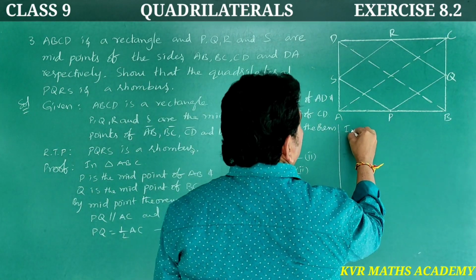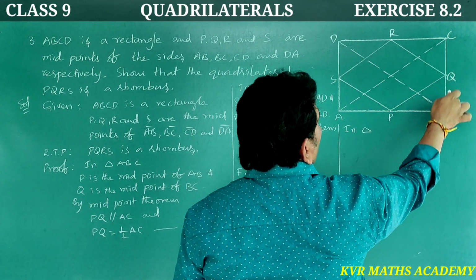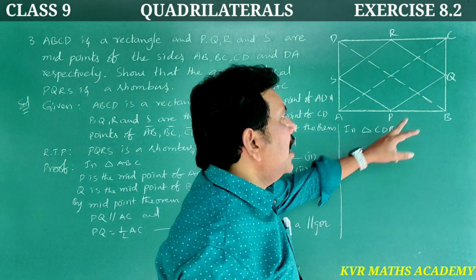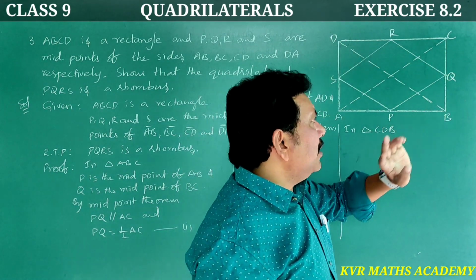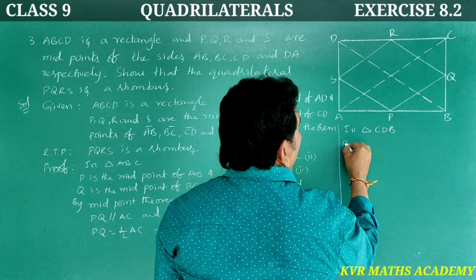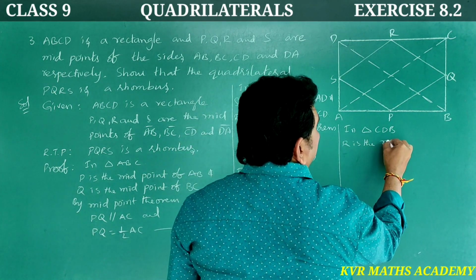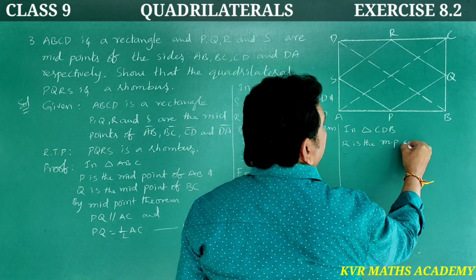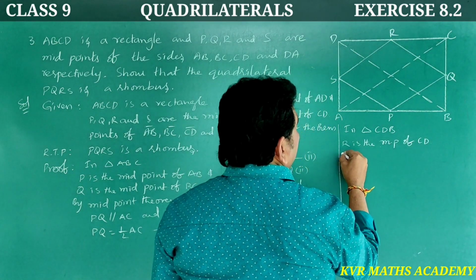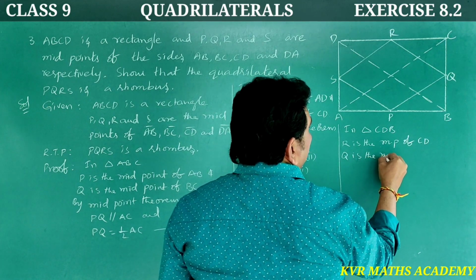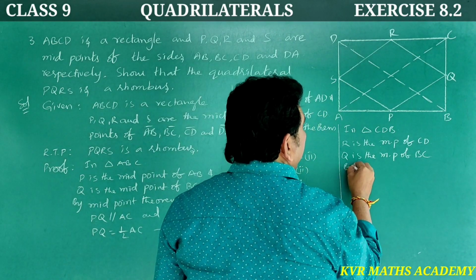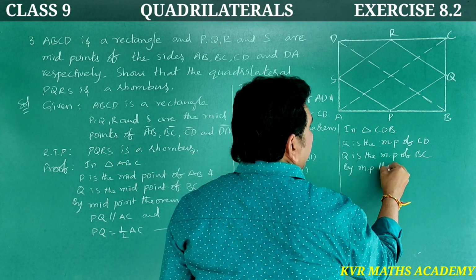Look, in triangle CDB, R is the midpoint of CD. Next, Q is the midpoint of BC, right? By the midpoint theorem